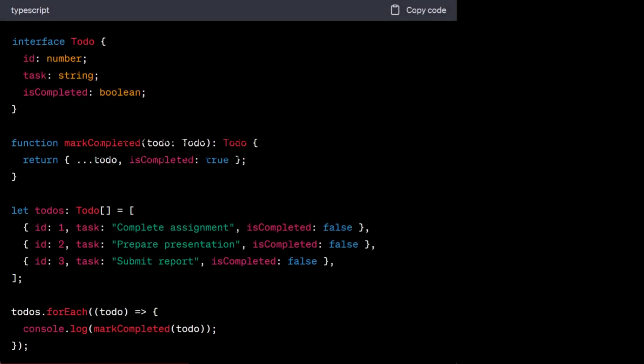By leveraging functions, arrays, objects, and interfaces, you can build type-safe and maintainable applications with ease. As you can see, TypeScript empowers you to build efficient and reliable applications, catching potential errors during development and improving overall code quality. With a strong foundation in functions, arrays, objects, and interfaces, you're well equipped to dive deeper into